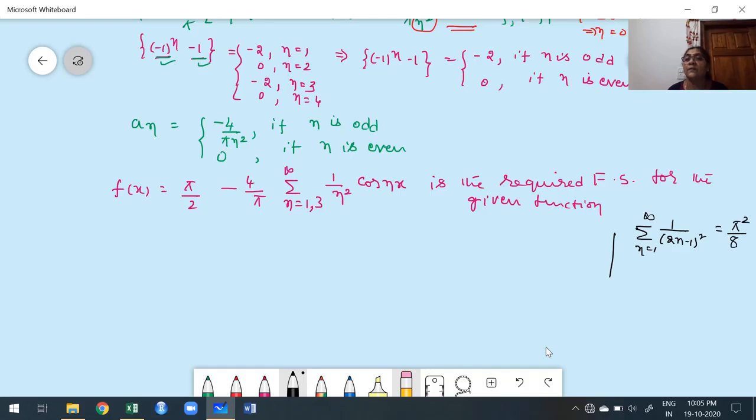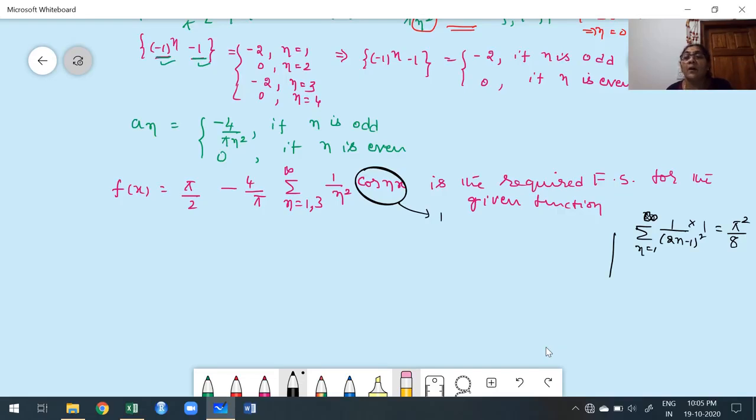I want to deduce this. Now, we have to carefully observe here. Here we have 1 by n square, instead of n square, 2n minus 1 whole square, don't worry about that. But instead of cos nx, here what you have? 1 you have. Now, I am trying to convert this cos nx to be equal to 1. Observe carefully, don't worry about the 2n minus 1 whole square for 1 to infinity, but you have n square.